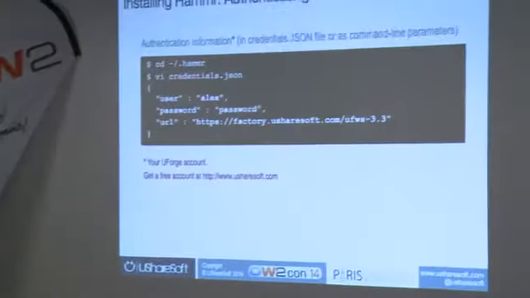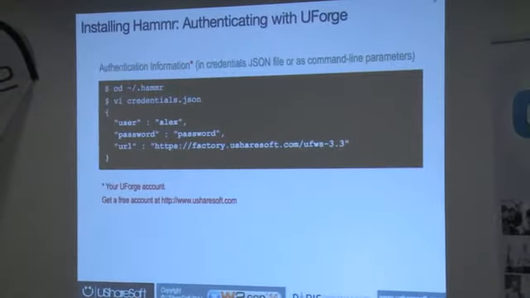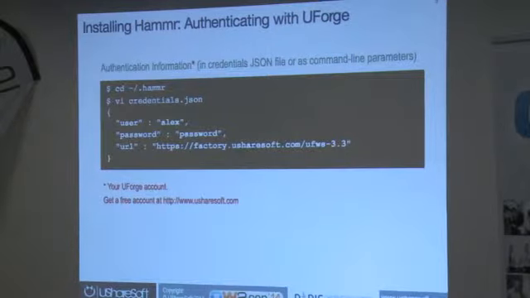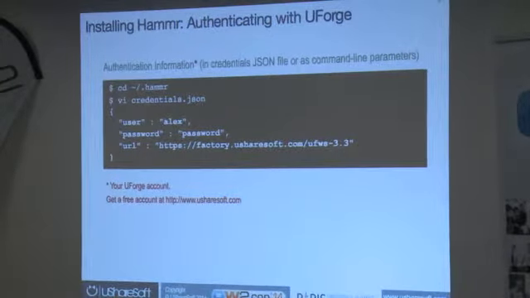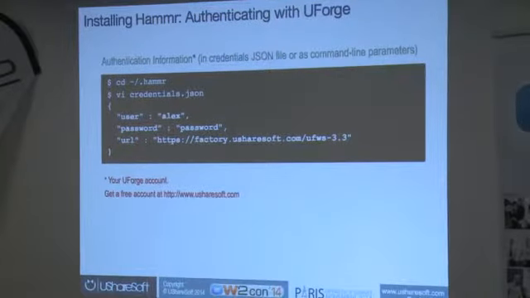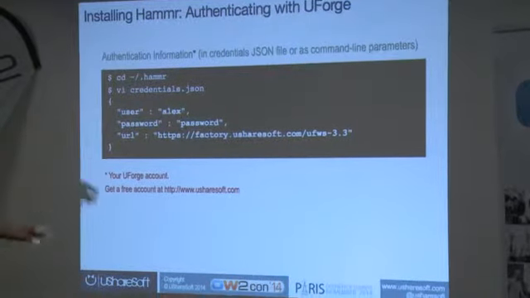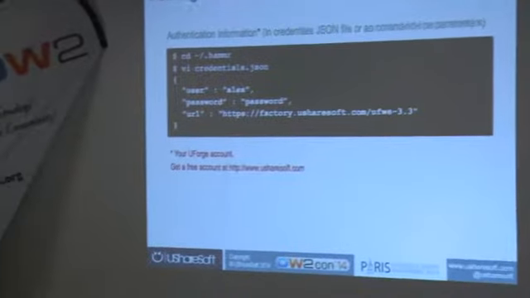So typically, what you need to do to use Hammr is to have an account on a platform called UForge. So you can get a free UForge account at UShareSoft.com. So this is the backend platform that's going to be able to manage your image creation, image publication, etc., etc. So typically you need a credential file, so I'm not going to show you my real one